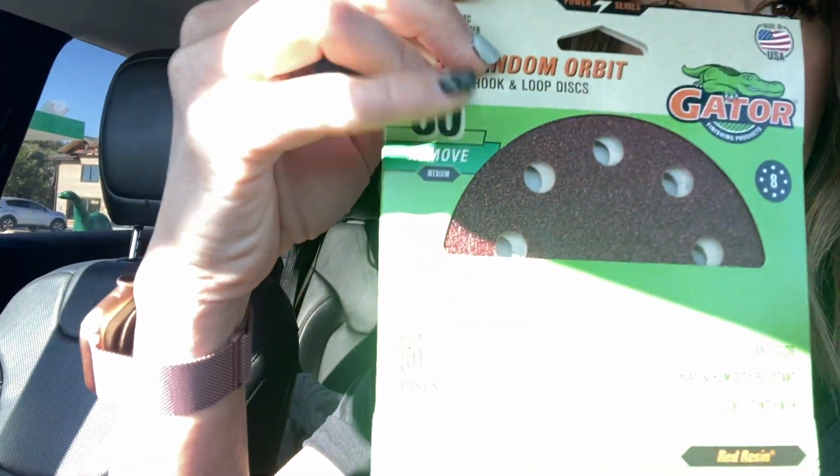Okay, I got my sandpaper. So this is what hook and loop sandpaper looks like. So I got 3 different grits. I got 60, 80, and 120, I believe. So what I'm gonna use is, I'm gonna use the 60 first, because it's gonna be the grittiest. You can get like a 40, which is like sandblasting. But I just got the 60, and then I'm gonna use possibly the 80, depending on how it finishes,